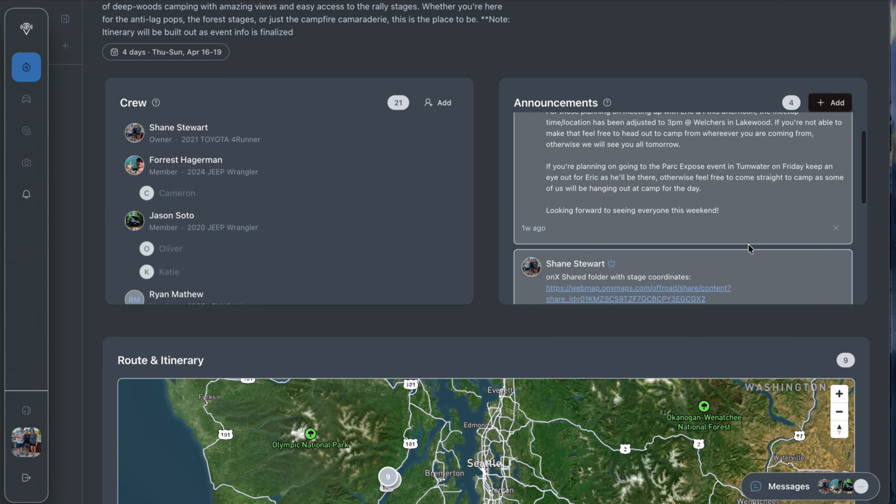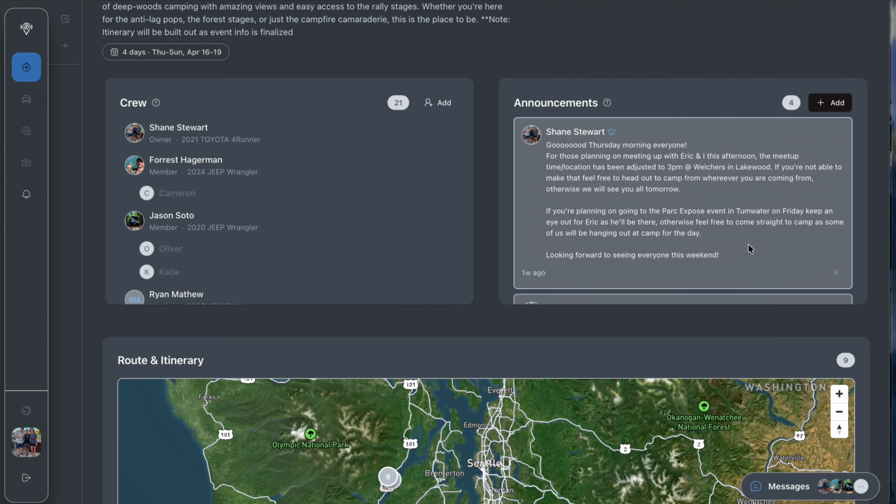So all the attendees were able to log in, and instead of me having to send out a group chat message, which I still did just because we're still transitioning from the group chats into SitRep, because not everyone understands all that, and because SitRep doesn't send push notifications yet to attendees, we still utilize group chat to send out the "Hey, check SitRep for the latest updates."